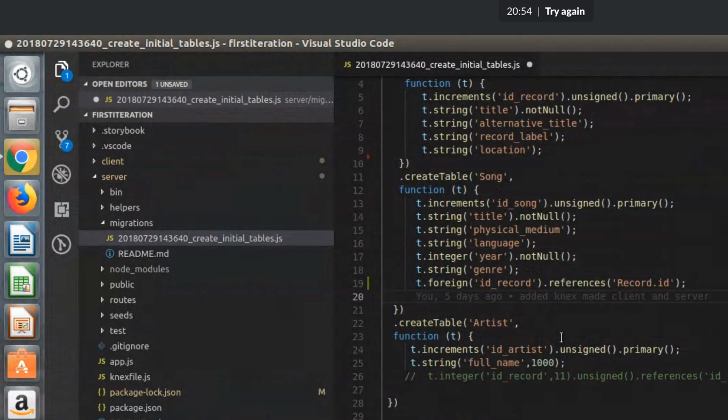But then you also need to reference the ID table on record. In this case, your ID is also actually called ID underscore record, so you need to change that one as well. I don't know if you want to call that one something else, but I think it's all right to call it ID record. If it's the other way around, it might work. No, actually it won't, because